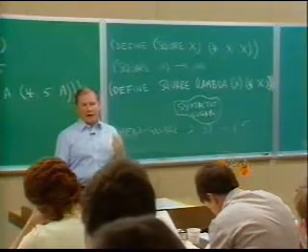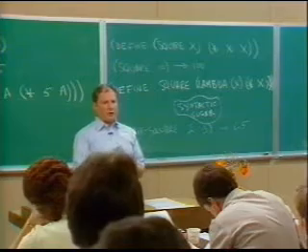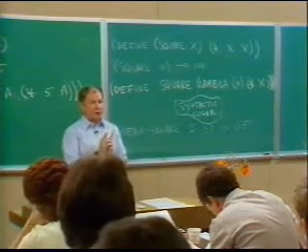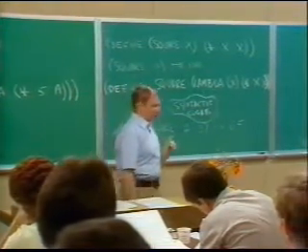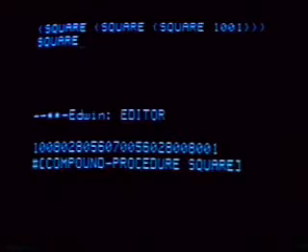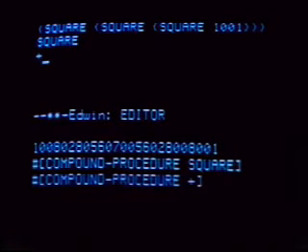The person using that shouldn't even have to know. So the things you construct get used with all the power and flexibility as if they were primitives. In fact, we can drive that home by looking on the computer one more time. We talked about plus, and if I come here on the computer screen and ask, what is the value of plus, notice what Lisp types out. On the bottom there, it typed out compound procedure plus. Because in this system, it turns out that the addition operator is itself a compound procedure. And if I didn't just type that in, you'd never know that, and it wouldn't make any difference anyway.